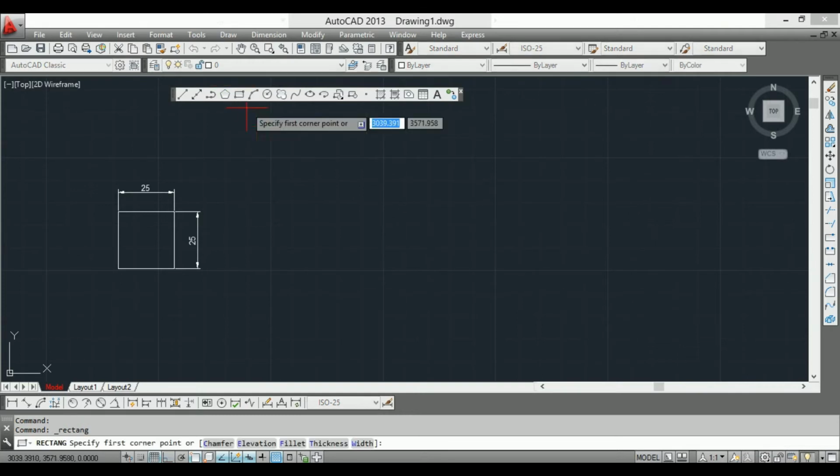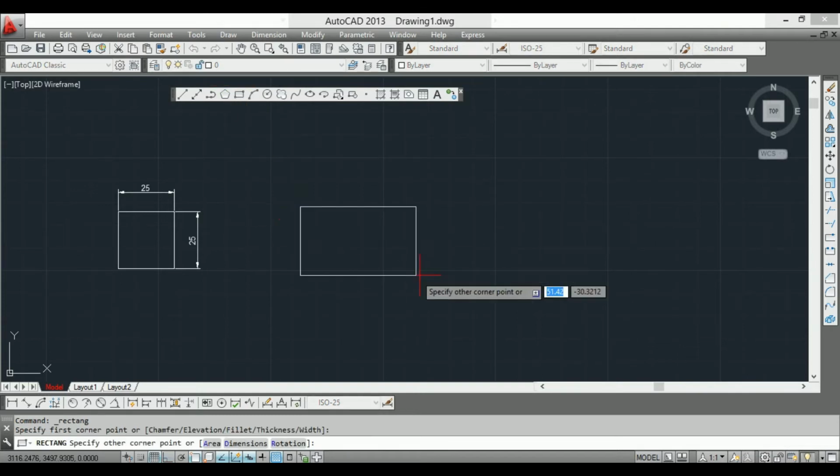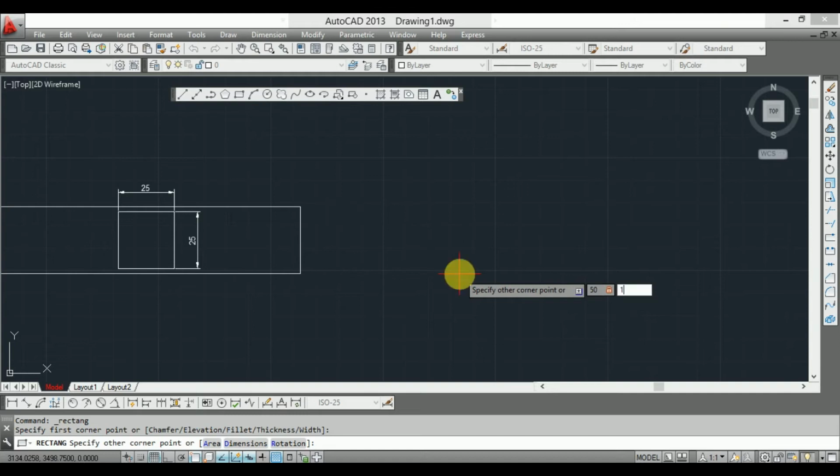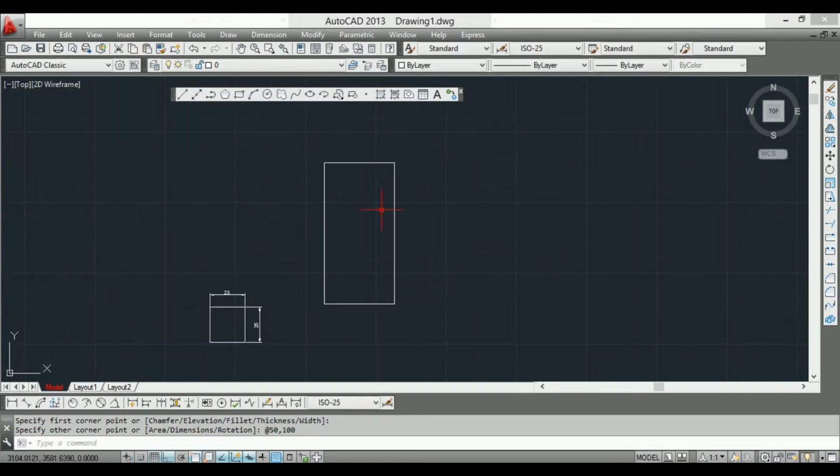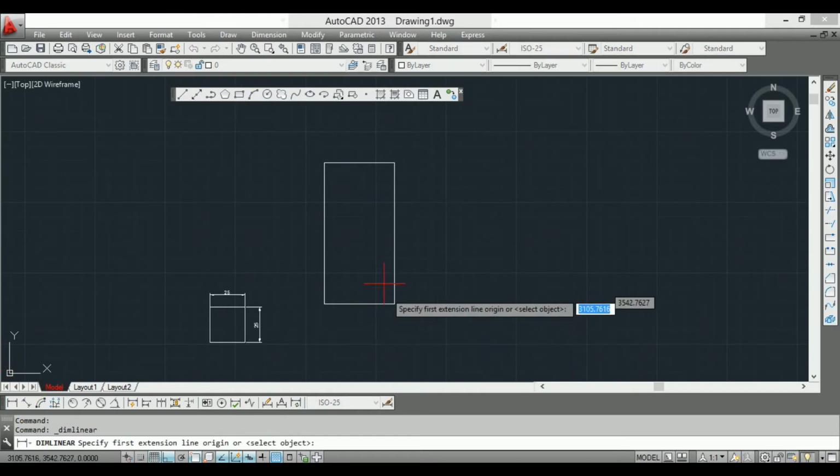Select the command, specify the first point, and then put 50 in the x direction, tab, and 100 in the y direction. You can see it's a 50 by 100 rectangle. You can check it from here.